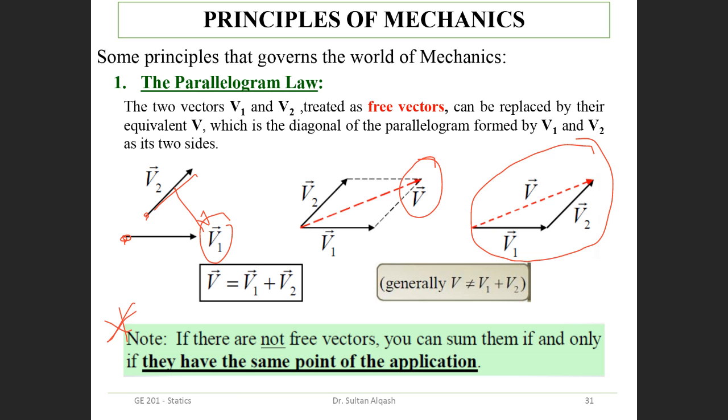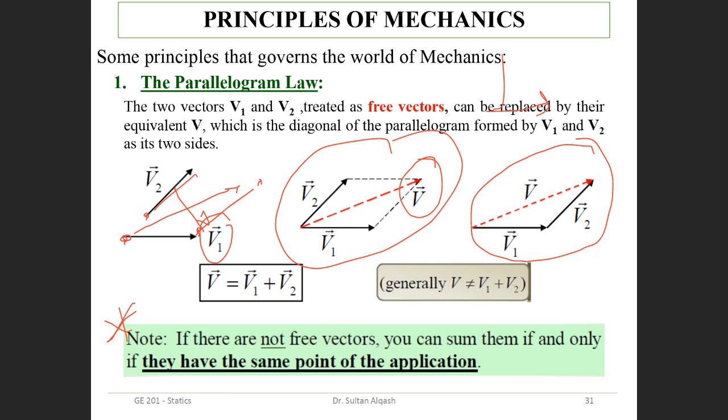I can bring this one here and move it here, preserving the direction and the magnitude, just bringing it closer here and starting to find the resultant. This has another name, it's also a law. What is it called, guys? I'll leave it to you. I'm going to ask you next lecture. You are supposed to know this from physics. Anyone know it? This is called the parallelogram theorem.